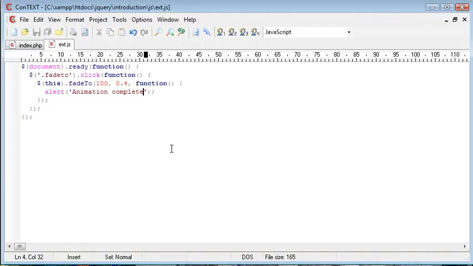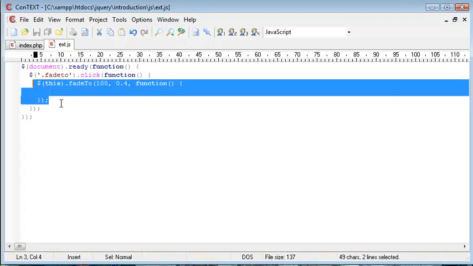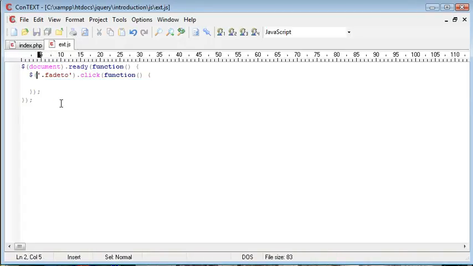I'll get rid of the alert. What we're going to be doing now is creating some kind of small, not really application, but some kind of nice functionality to fade out all other images when a particular image is clicked, or hovered over or something. So I'm going to get rid of this altogether, this just here. And what I want is when